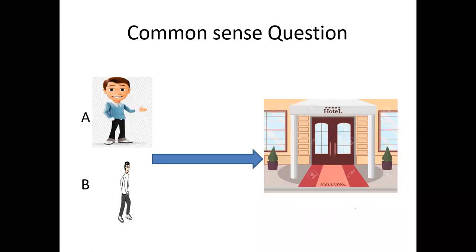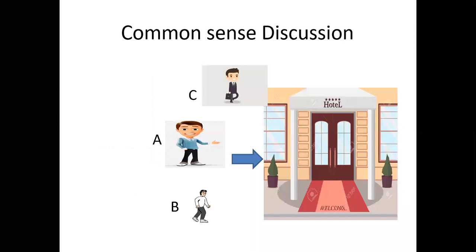And coming to the second part, when these two people are coming to the hotel, almost they approach the hotel. Just before the hotel, this person A saw one more person. That person is C. But here, C is only an intimate friend to A. He is not a friend to B. So that's why A says to B, just go in and order a cup of tea. I will join you within very little time.